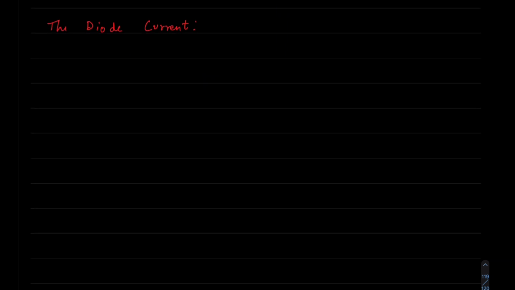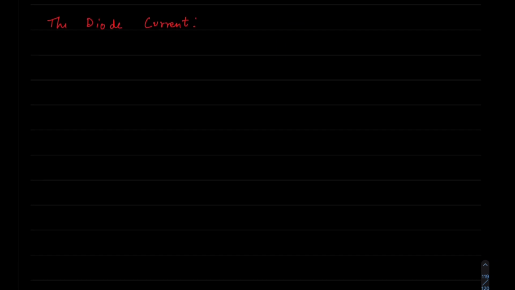We have an equation for it given by Shockley, also called the Shockley equation. Shockley was from Bell Labs, and we have a lot of things coming out of Bell Labs. Our programming language C also came out of Bell Labs. And this equation is nothing but ID